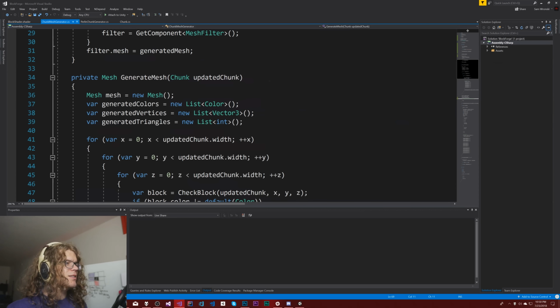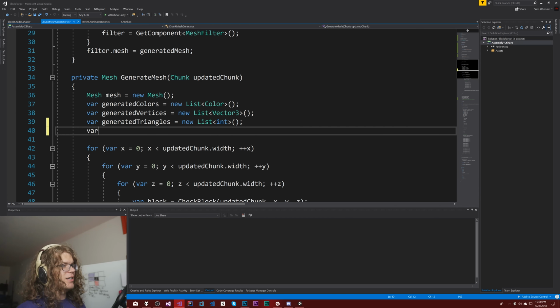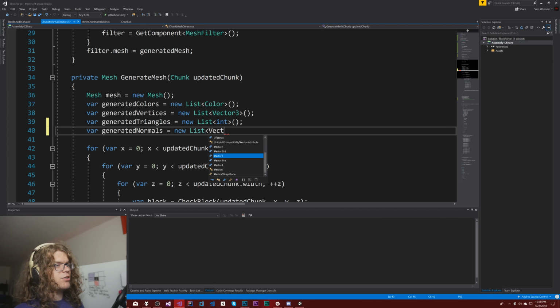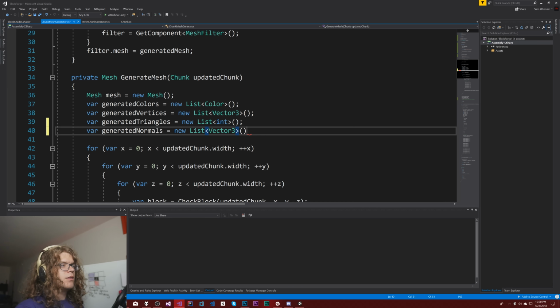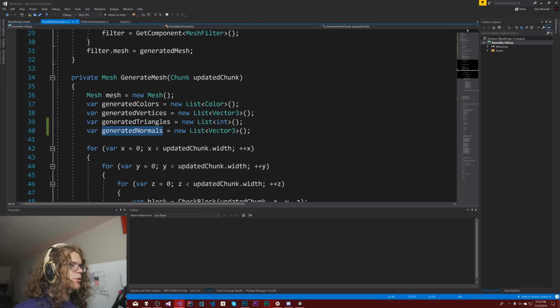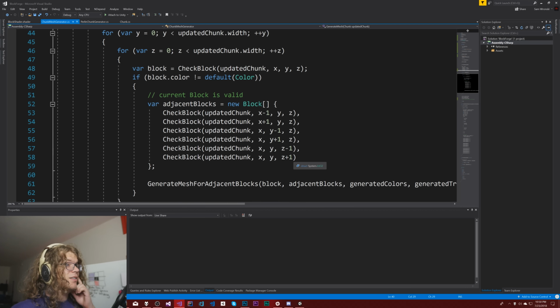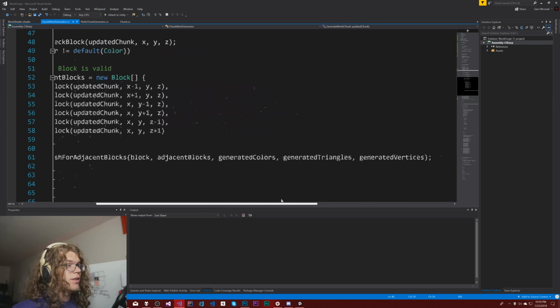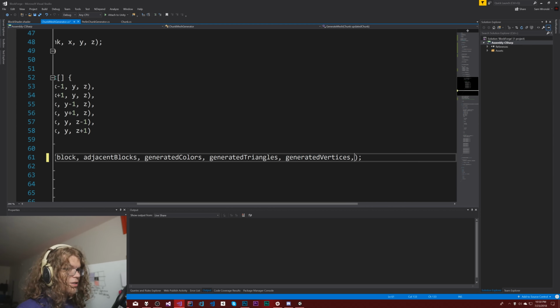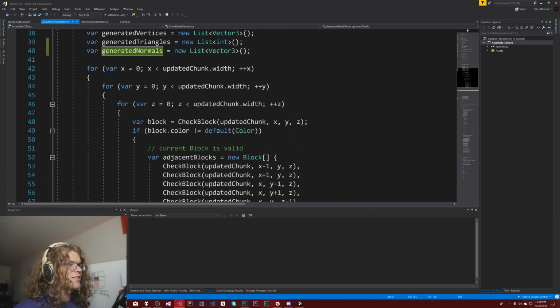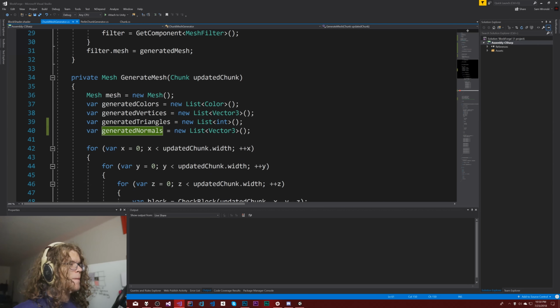Which means that I need to go in here and do a var generatedNormals equals a new list of Vector3, and we need to actually pass these normals into this function. Great. I don't want to do any of this. This is getting gross, but